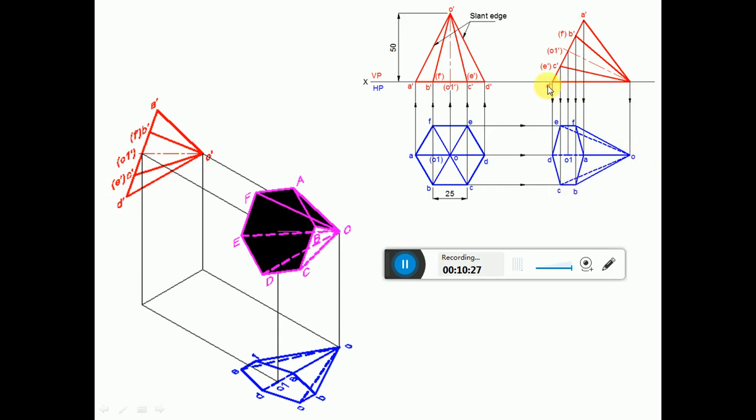So the edge or a corner which is on the XY line in the front view is always invisible in the top view. That means O dash D dash is going to become invisible. But since AO and DO both are going to be on the same plane, when you look from the top view, AO and DO both are going to be on the same plane. The plane will be like this. This is the plane we are talking about. So naturally when you project that, what happens? AO is going to overlap on DO to some extent.